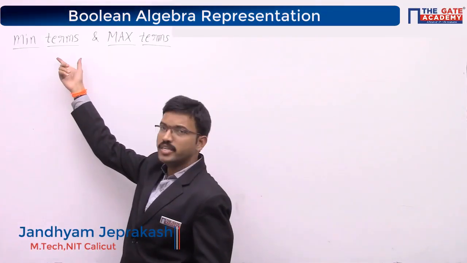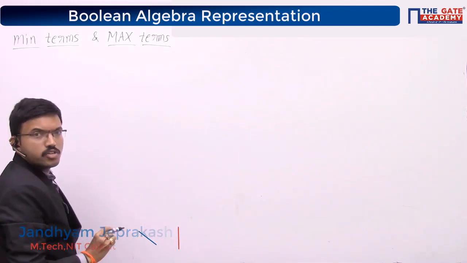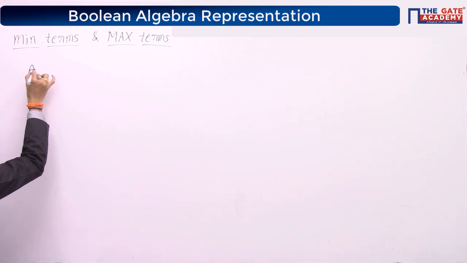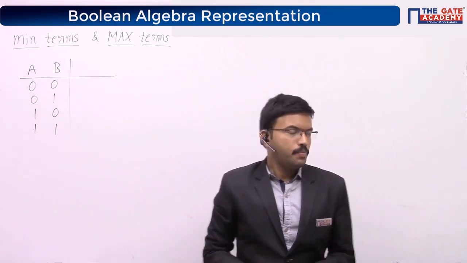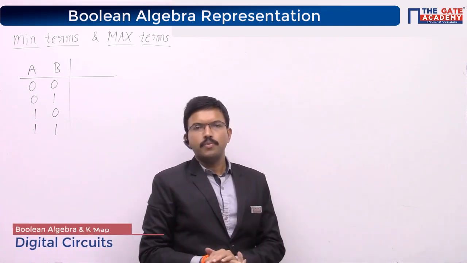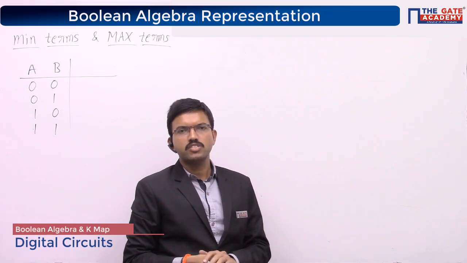Next topic is minterms and maxterms. Here, first I am considering two variables, a and b. I am writing all four combinations of zeros and ones. See, previously we have seen the XOR truth table. For some combinations of inputs we are getting output as 0, for other combinations we are getting output as